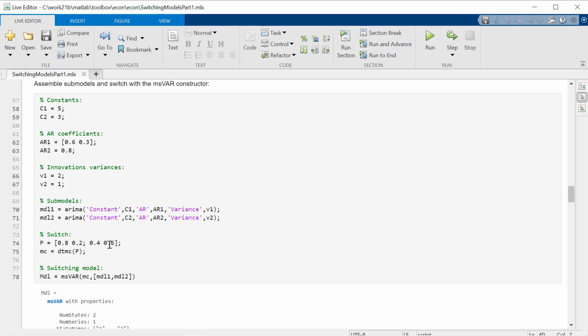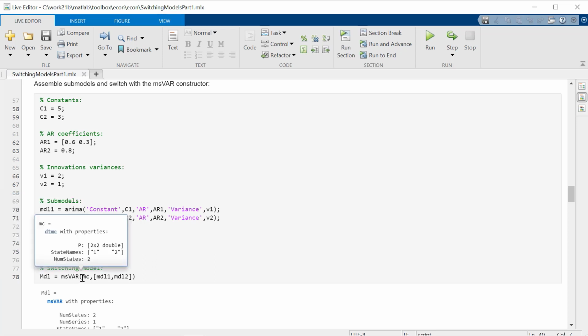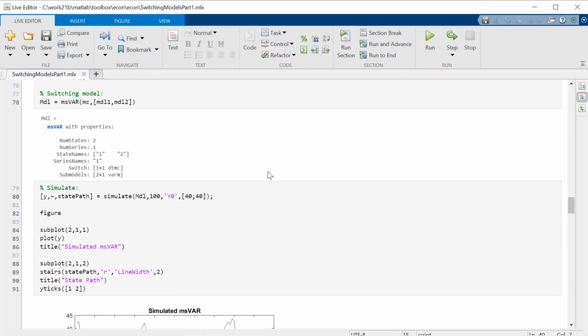And then from state 2 to state 2 we have a little bit less stickiness. So state 2 only has a 60% return probability. And then very simply, to construct your complete switching model, you call the MS-VAR constructor, give it your switch and your vector of submodels, and you create a Markov switching model, which is described here in the display.